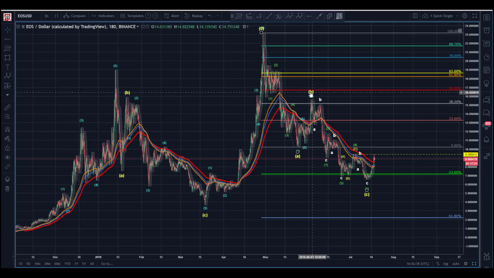It's just textbook, right? Well, I shouldn't say it that way. The subdivision here is textbook. The lack of the depth, or how far we retrace relative to the A wave, is not textbook. So let me rephrase that. So here we come. Well, yeah, there it is, right? And then we come down at 5. So we have to just allow for this. It's low percentage. We're in the 10 to 12% range for a wave B to be that shallow.